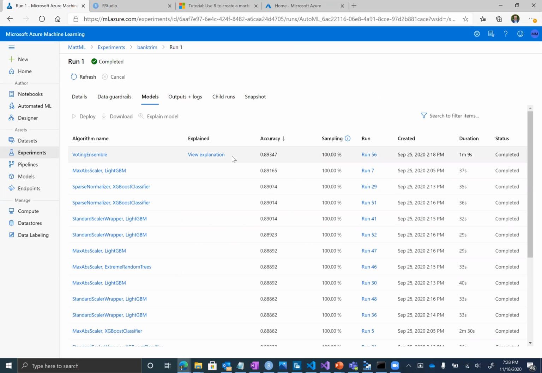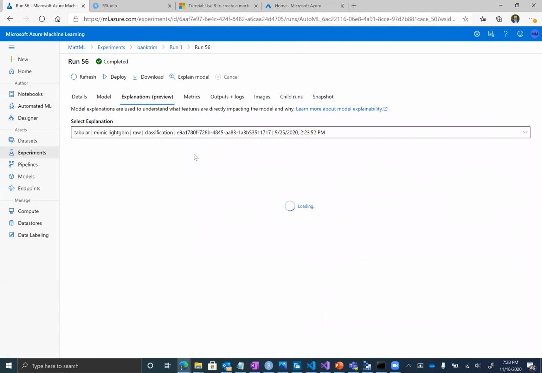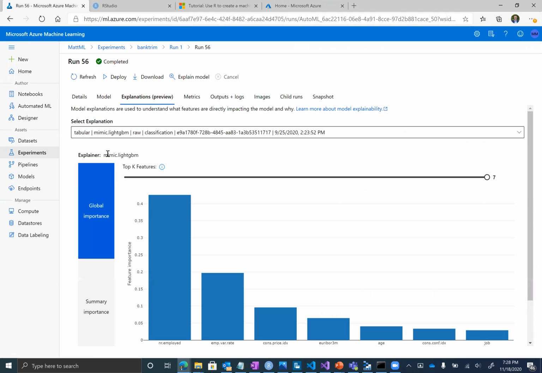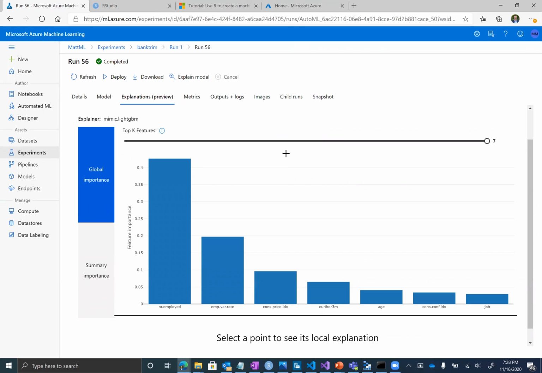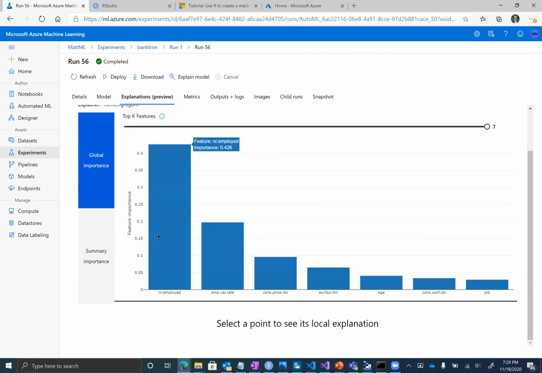But for whatever case, you can dive into each different model and take a look at the explanations. And we have an ensemble model here, if I can take a look at the explanations. And the big thing that we have here is really taking a look at the importance, right? It's taking a look at which of these variables are the most important for accurately predicting whether or not one of these individuals is gonna ultimately buy the loan.